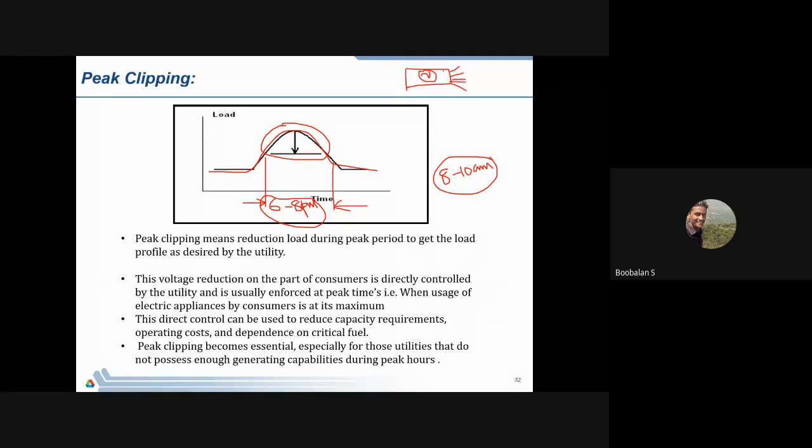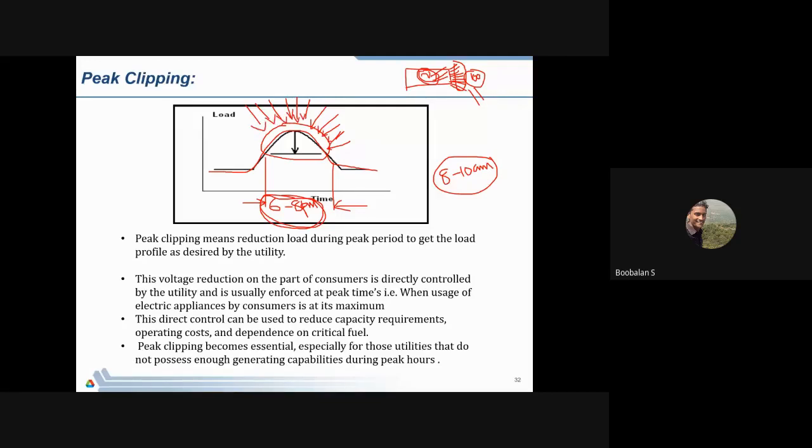Suppose there are 100 customers connected, the maximum capacity is 100 customers. If all 100 customers are connected, the alternator or generator is going to run at full speed, giving maximum power supply. That's the time period of about 6 to 8 p.m. So we need to make a survey and identify those customers who introduce this peak demand.